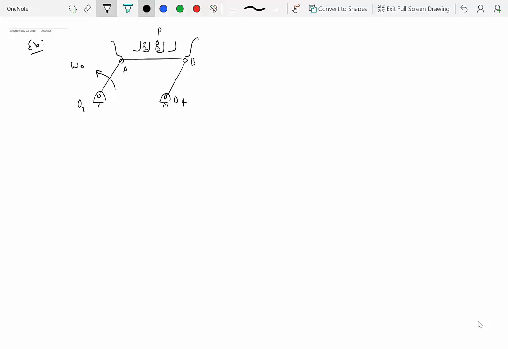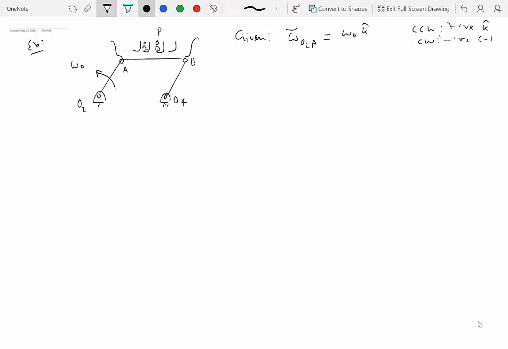So given to us is the angular velocity of O2A. Notice how I write it. I write omega, and then in the subscript I write the rigid body, which is defined by the line O2A, and its angular velocity is given as omega 0 k hat. Why is it k hat? Because this is counterclockwise. So counterclockwise direction is treated to be positive, and that means it's k hat. Clockwise direction is considered to be negative.